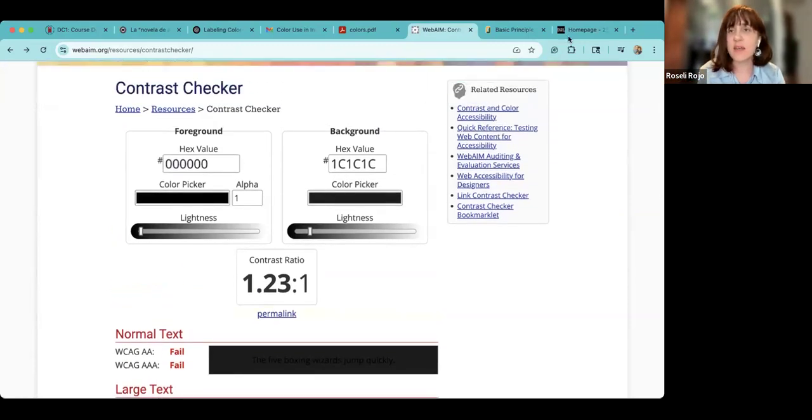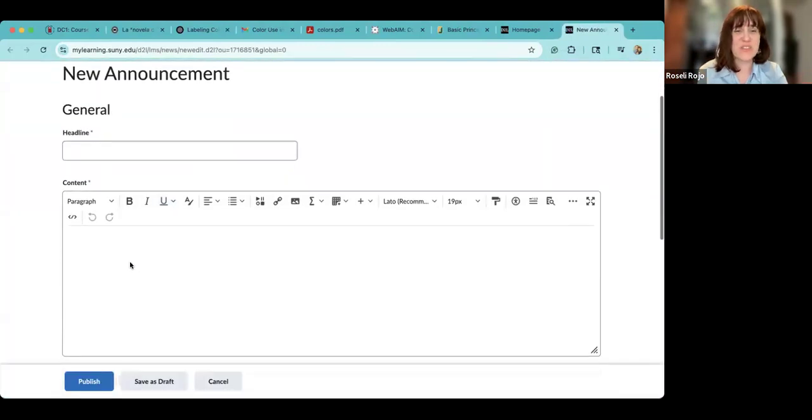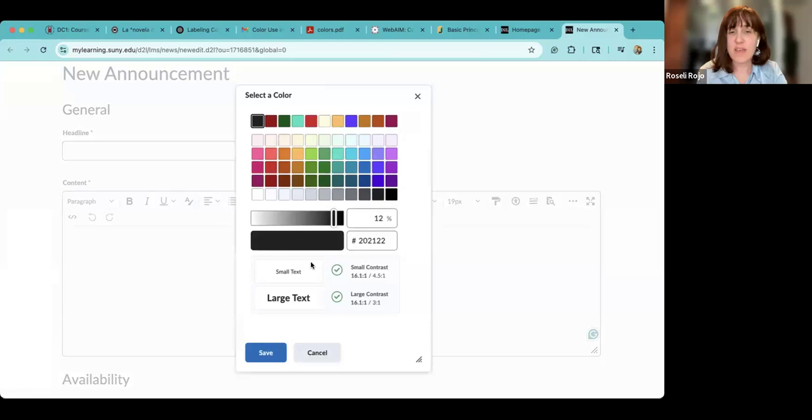And then in Brightspace, we also have those resources in place. For instance, if you go to new announcements and you want to create a text, you can play with the color. And then here, it will tell you if it's a small text, and we can also check the contrast and the ratio between the color that you are using for the text and the background, okay? So in general,